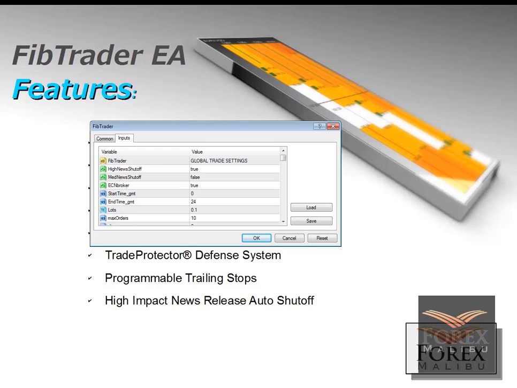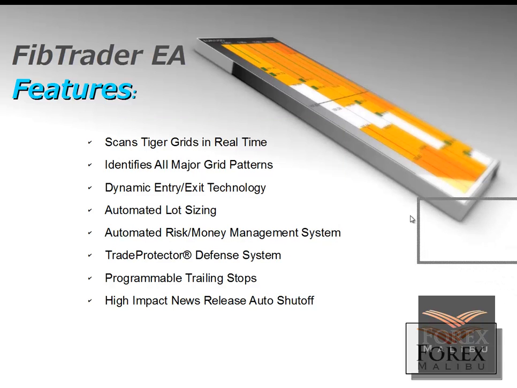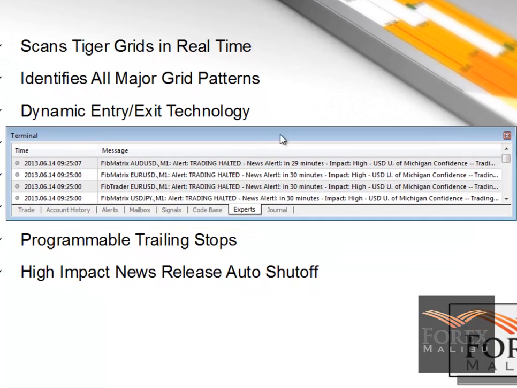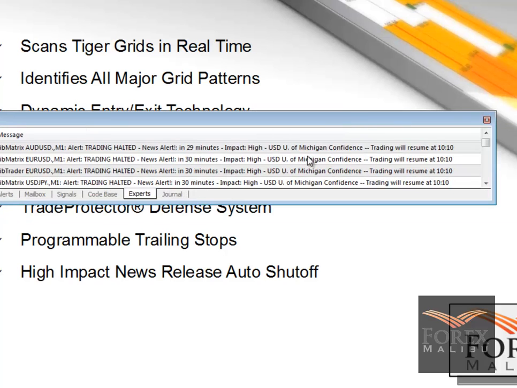Okay, let me show you something real quick. I'm going to close this for a second so I can show you something. Look at this. Right now we have this currently going on. There's a high impact news release, US dollar, University of Michigan consumer confidence. Trading will resume at 10:10. What time is it now? Oh, it looks like they just turned all back on just now. It won't give you a note for resume, but I see that my EA is working again. But you can see everything with a dollar in it got turned off because it was a dollar news